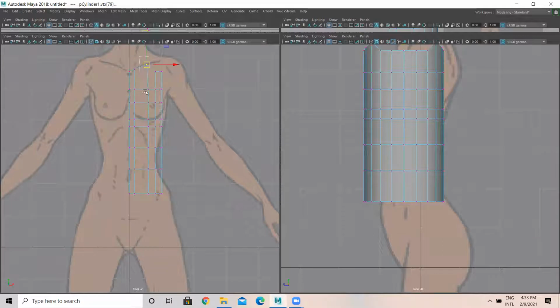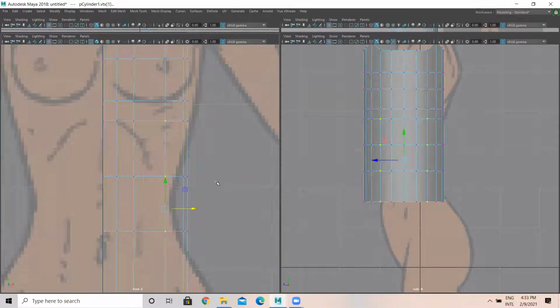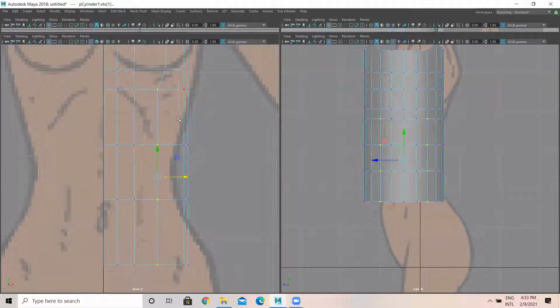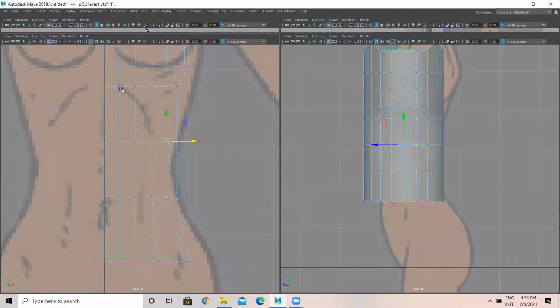I'll select this vertex, this particular line. I'll move it a bit somewhere here. And I'm selecting this line and I'm moving this up to here like this. Okay. So here it's curvy.